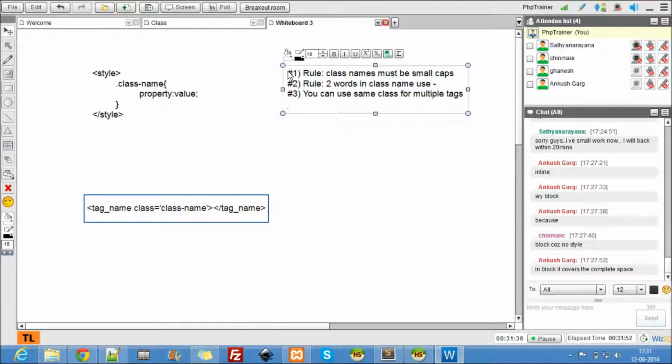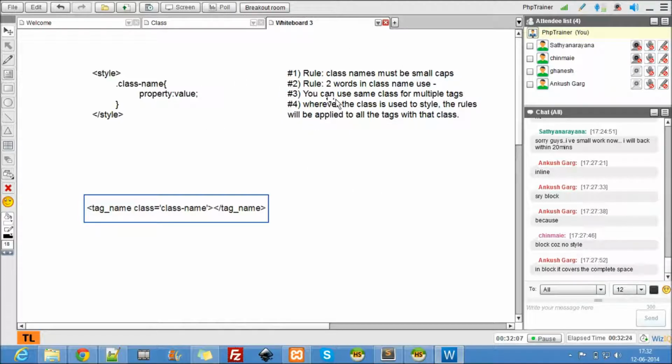Wherever the class is used to style, the rules will be applied to all the tags with that class. Alright, so these are the specific rules and information about the classes.